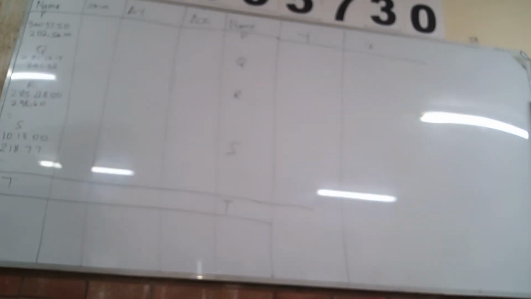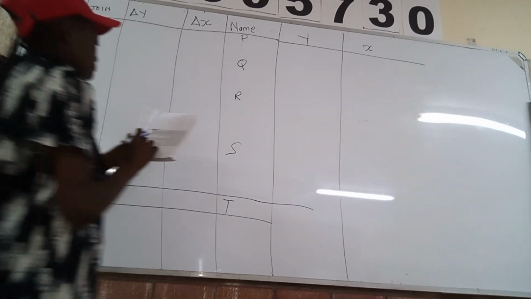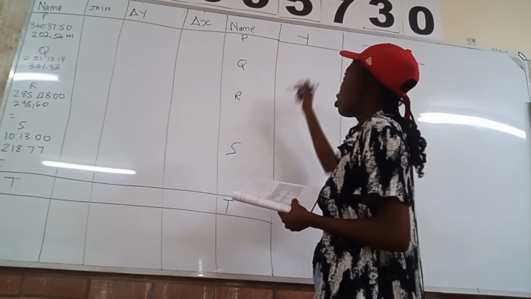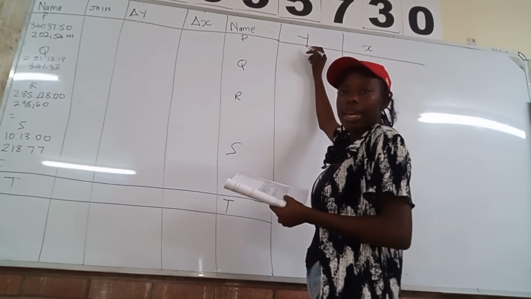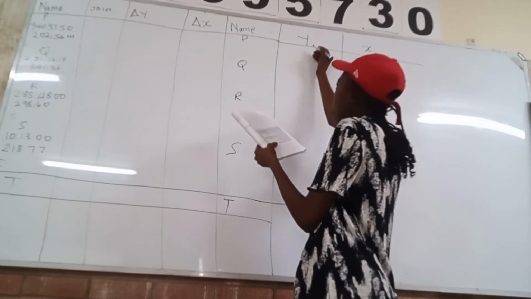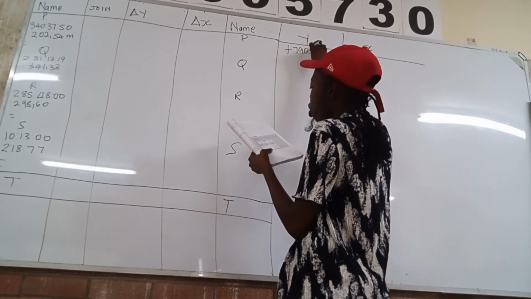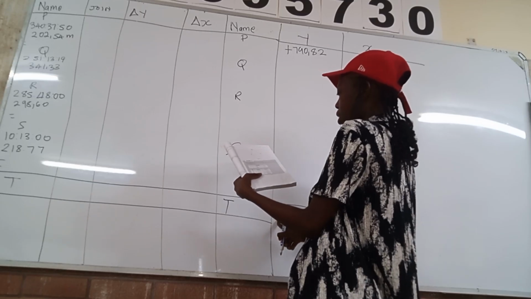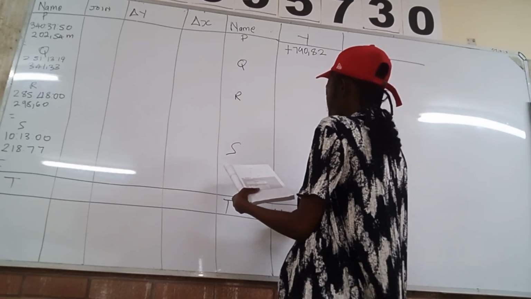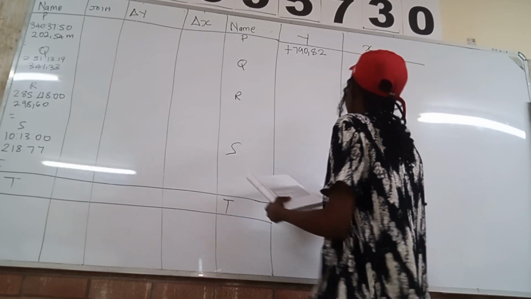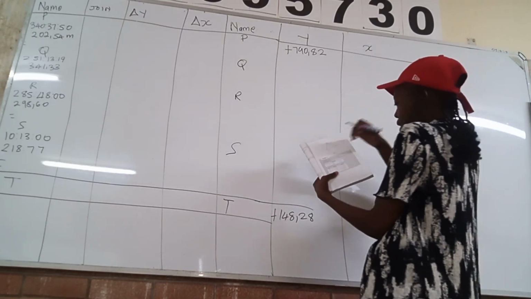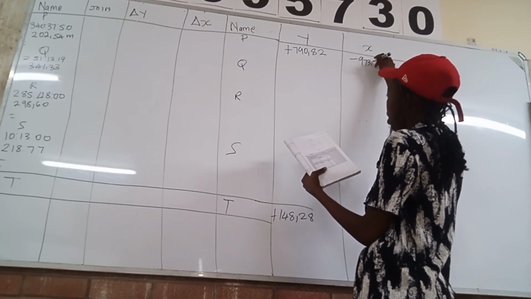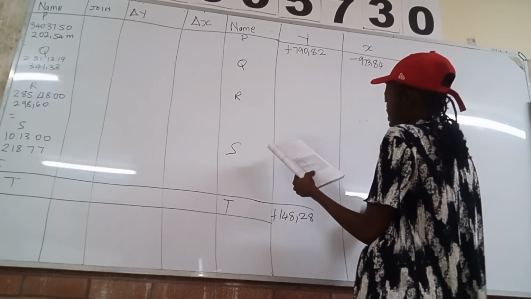So we've been given our Y coordinates from the table, we were given P and T coordinates, right? So here on Y and X, I'll come here and record. So I have P there, which is positive 790,82. And then I have the value of Y for T. So it is positive 148,28. And then for my X, I am given negative 973,84. And I've also been given,